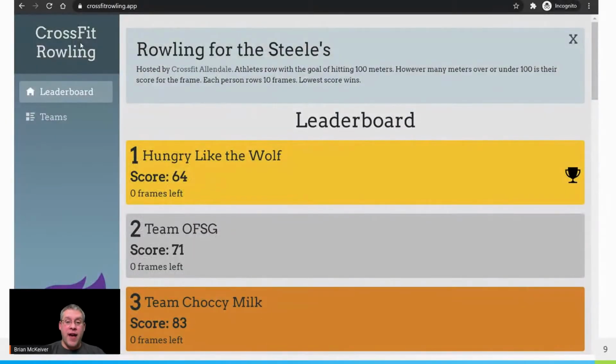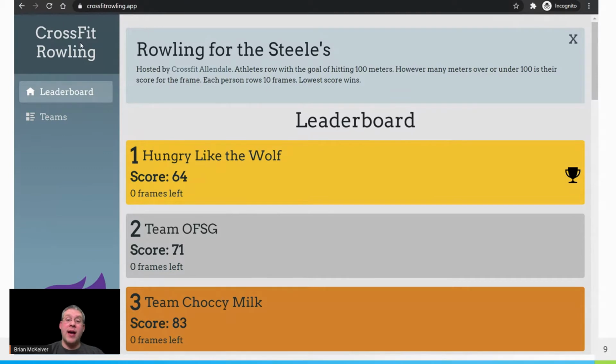So for that, I actually had to build a leaderboard. And I wanted to build a leaderboard that we could present up on the gym so that as people were filling out the frames and putting their scores in, they could actually hit their phone and just tap an easy number to say, yep, I had a 3, I had a 10, or I had a 1, whatever it was